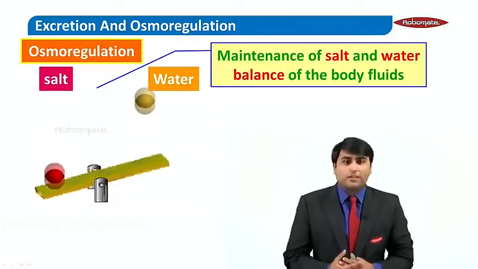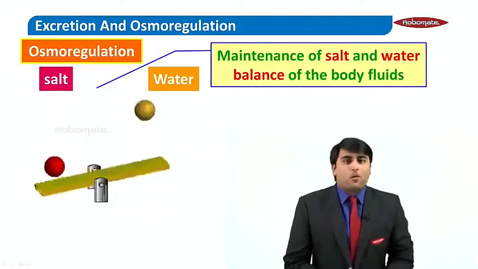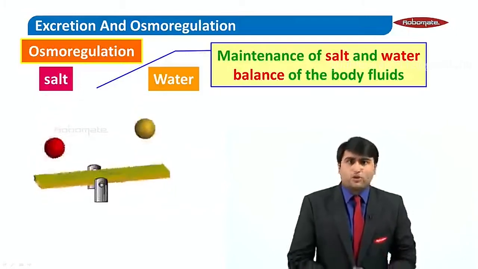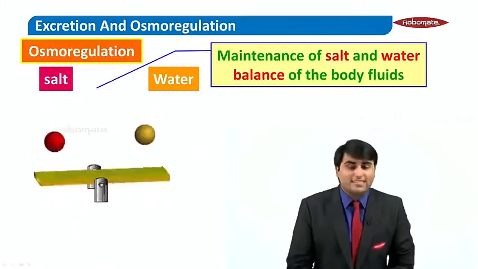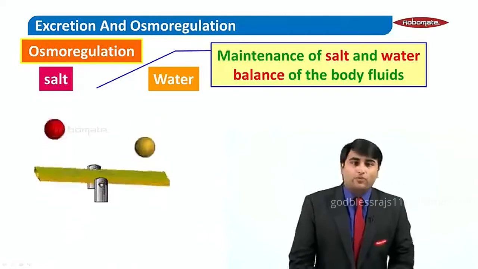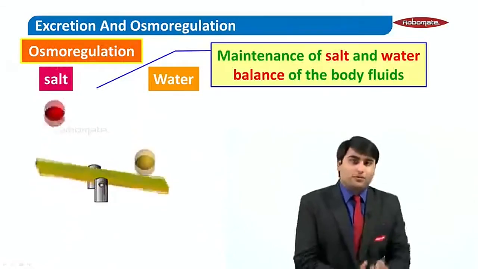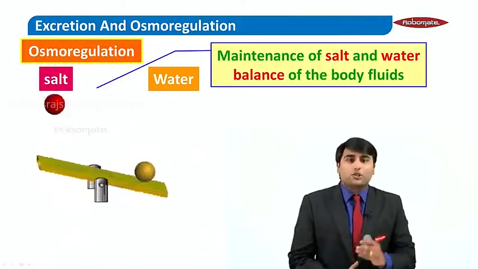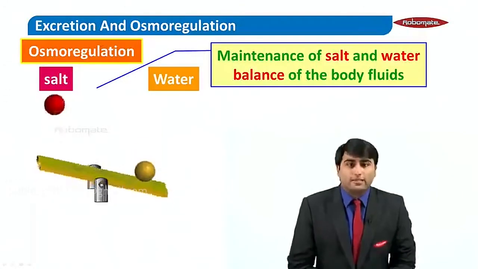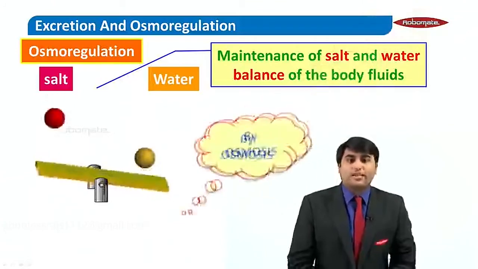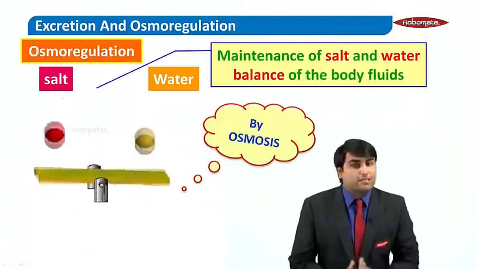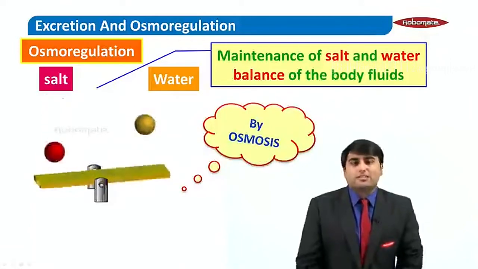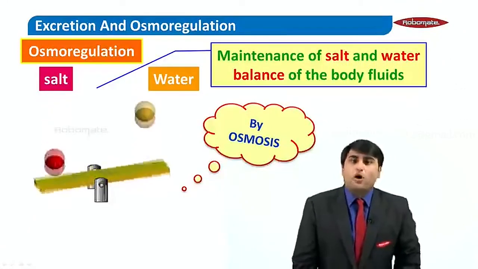And some days when you drink a lesser amount of water, what happens? You also urinate on those days, yes. Is that so? Does your blood go from 5 liters to 2 liters? No. So whether you drink more water or less water, your kidneys are going to maintain the balance of salt and water inside your body. So that is osmoregulation, and it is controlled by a physical process called osmosis. So osmoregulation is done by the kidneys with the help of osmosis.